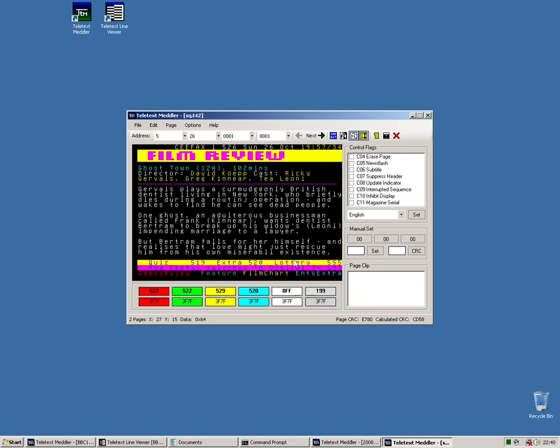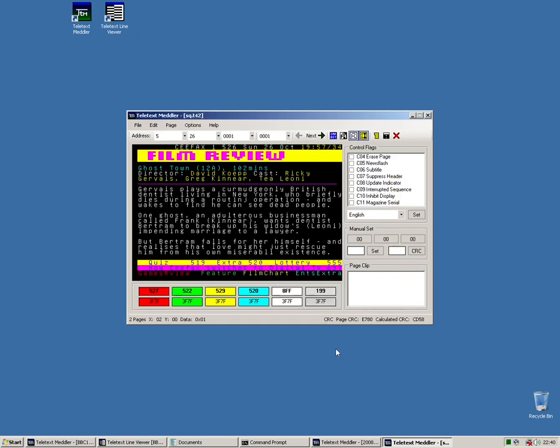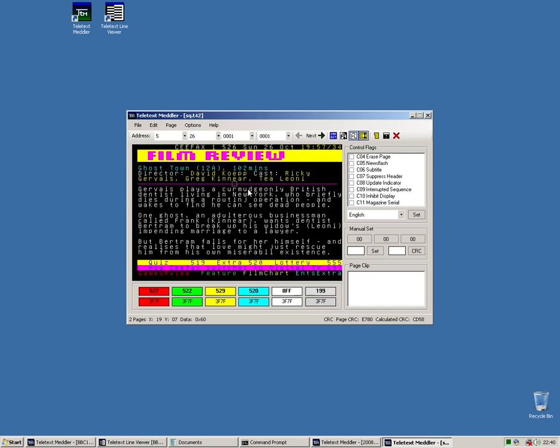Now the first thing I always do when I check something in a file is load HPLCs. And you want to load the filtered file, or that one, that'll take longer. And what that does, in addition to that, is show you all the variations. So now there's only one for that page and only one for that. But if there were more than one variation, they would all appear here ranked by probability. So the top would be the most likely, the bottom is the least likely. Anyway, that's not too important for this one. Now, at first glance, it's quite good. That looks plausible. The bottom is plausible. The fastext is probably correct. So we're doing well already.